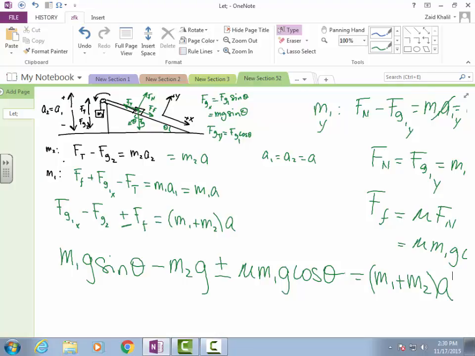All of this is over m1 plus m2. So you have Ft is equal to m1 m2 g plus m2 squared g plus m1 m2 g sine theta minus m2 squared g plus minus mu m1 m2 g cos theta, all divided by